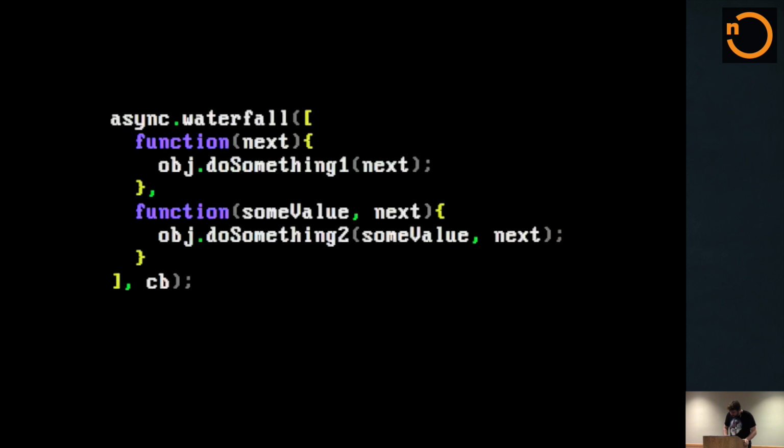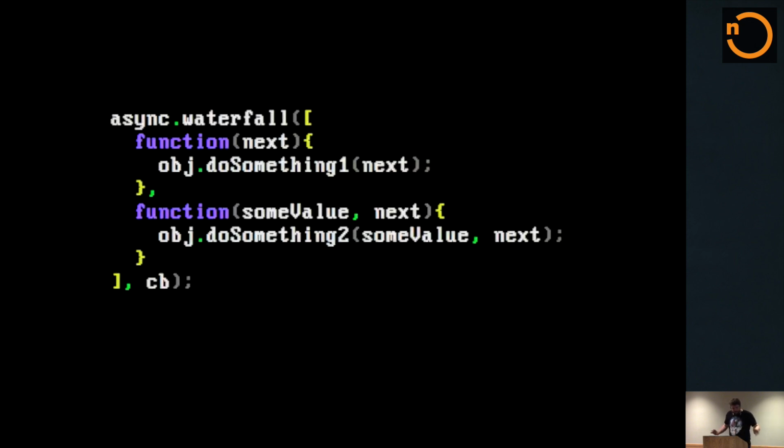So that's cool. Let's look at waterfall. Waterfall is a pretty big one. This one was all over our code before we started converting over to promises. So basically in waterfall, you're doing some asynchronous action and then doing another one right after that. This is dependent on the value from the first, or maybe it isn't, doesn't really matter. Also async.series would be the same thing, except we wouldn't be passing some value along.